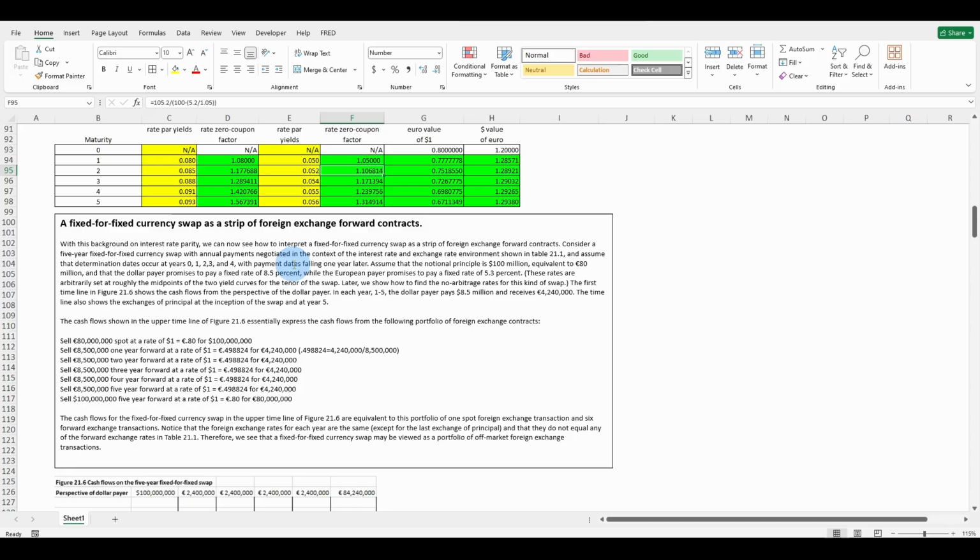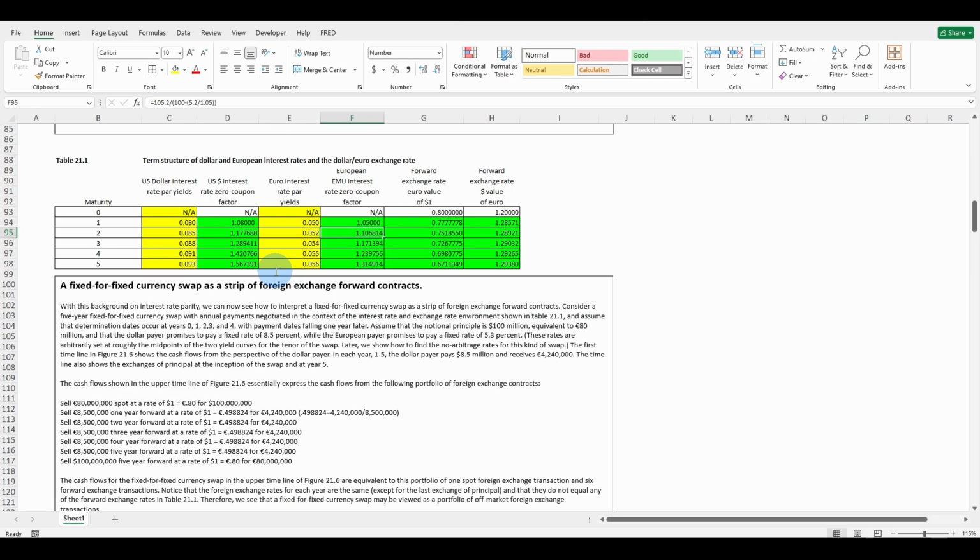Consider a 5-year fixed for fixed currency swap with annual payments negotiated in the context of the interest rate and exchange rate environment shown in 21.1, right up here. And assume that determined dates occur at years 0, 1, 2, 3, and 4, with payment dates falling 1 year later. Assume that the notional principal is 100 million, equivalent to 80 million euro,